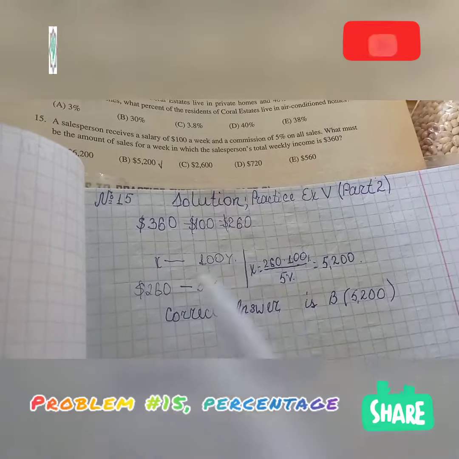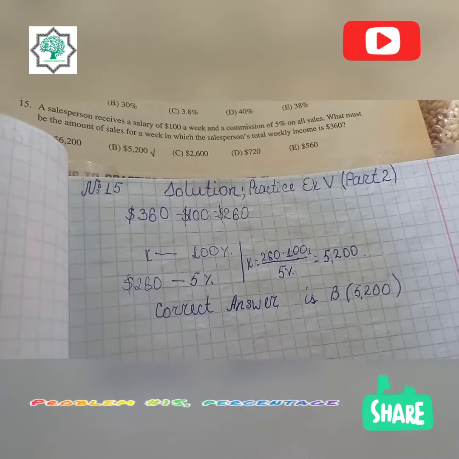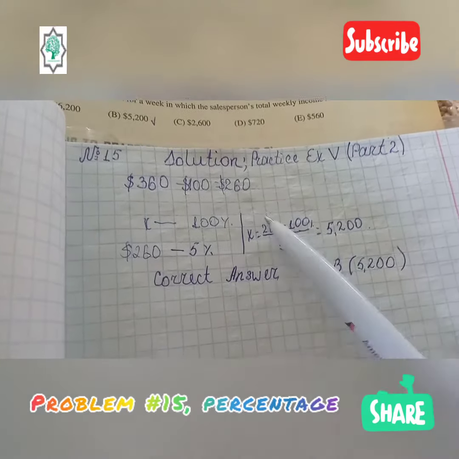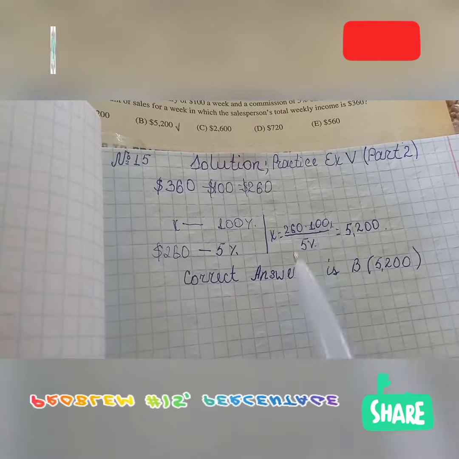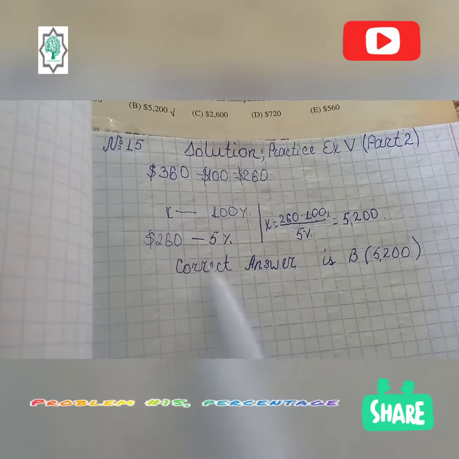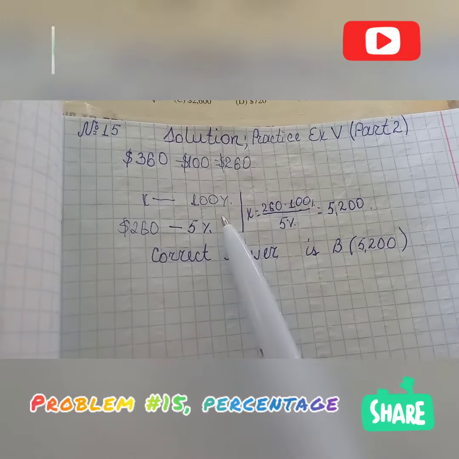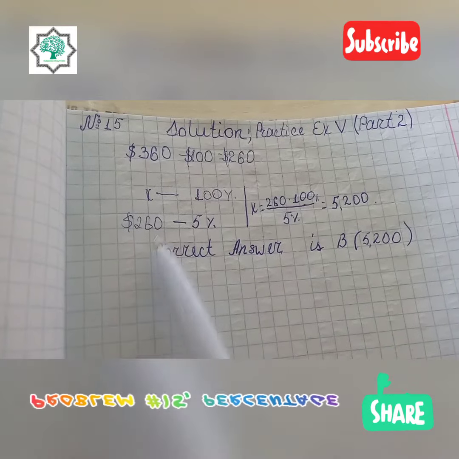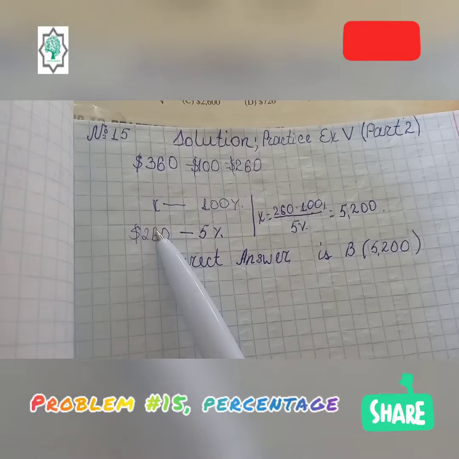$260. What is it? It is the sum of the 5% commission. Continuing is so easy. We solve it with the proportion rule. To continue, if 5%